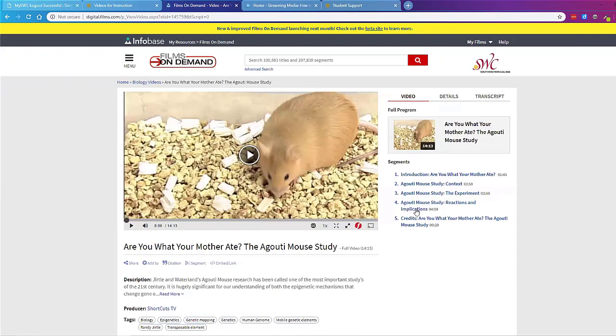You can also embed the actual segments. Now that you have the titles of each one of them, you can take the title right here, type that into the Canvas app, and it will bring up that particular segment. I'll try and also show you where you can locate it within Canvas. But Films on Demand, as you can see, is a nice little website of different types of films and different